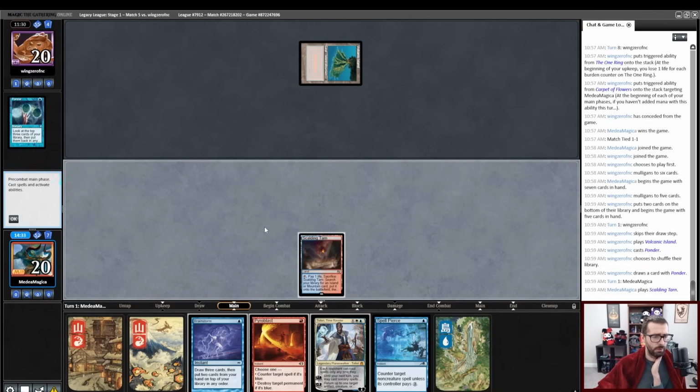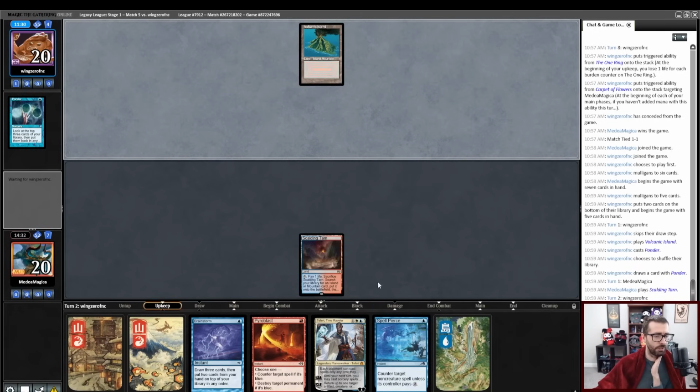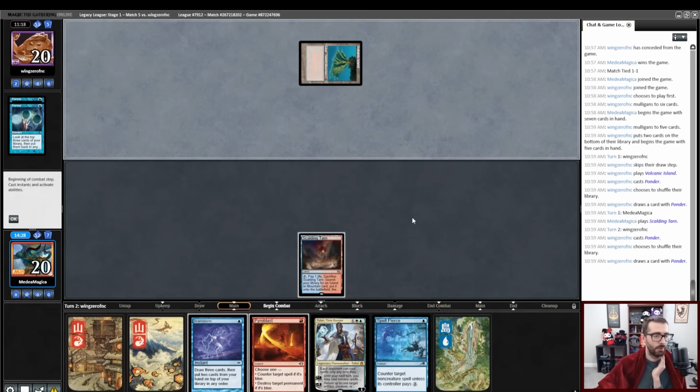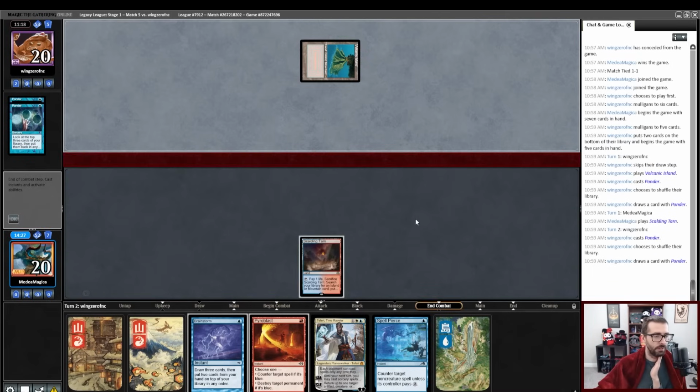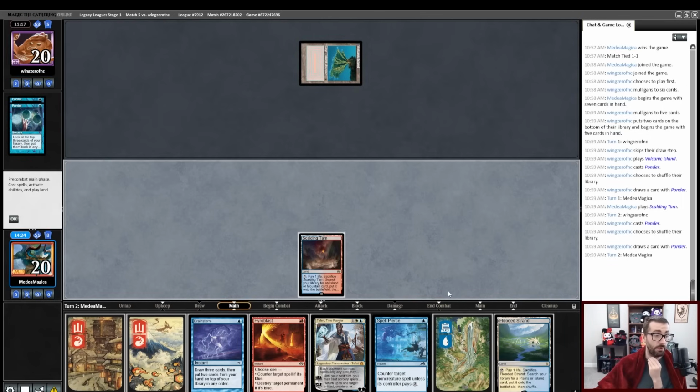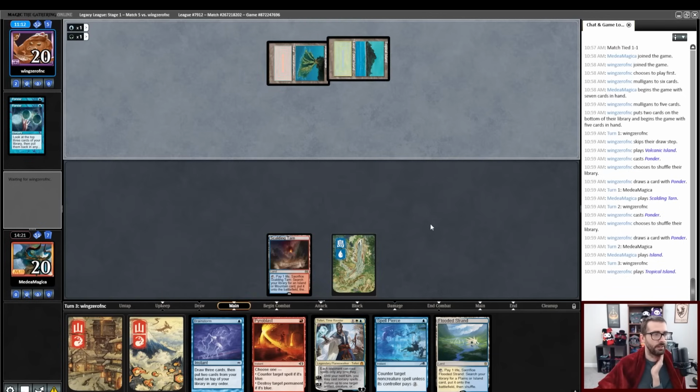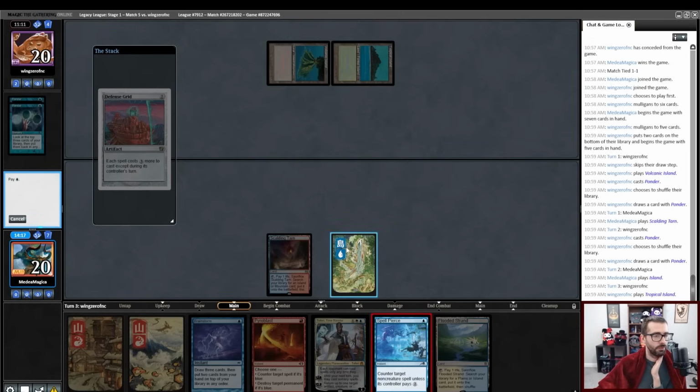I want to hold up both of these simultaneously. I'm going to let that go. Ooh, it is a looking-for-a-land situation. So now I will probably get more aggressive about Spell Piercing the next cantrip that's played. Okay, there's a land. I will...